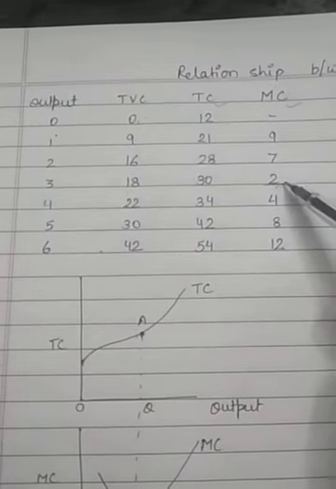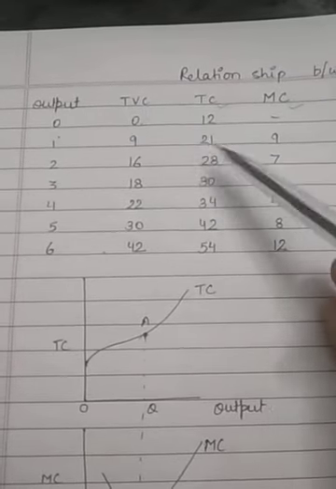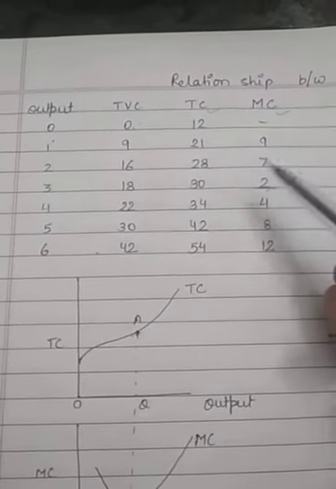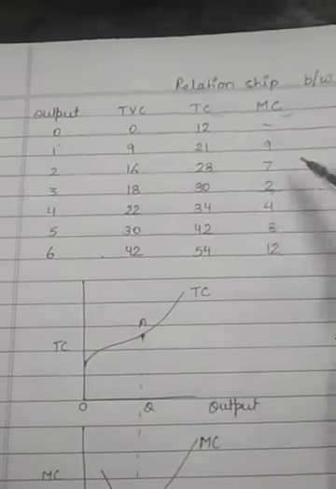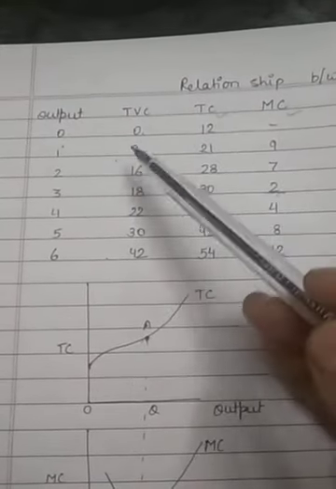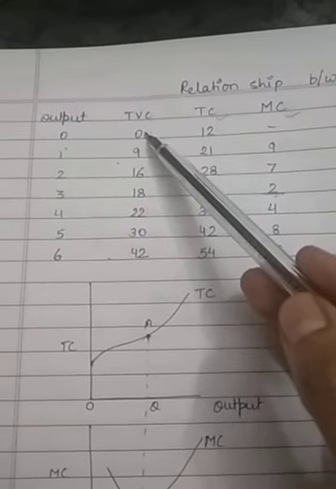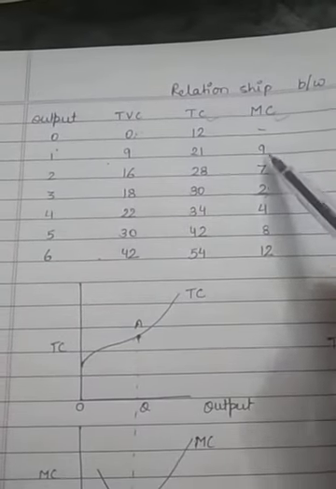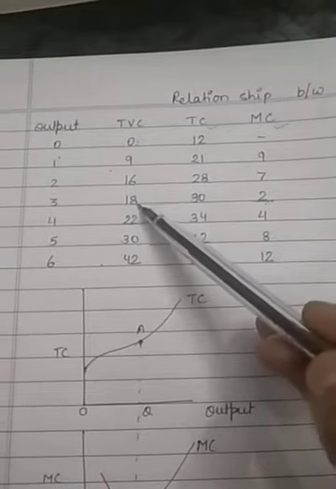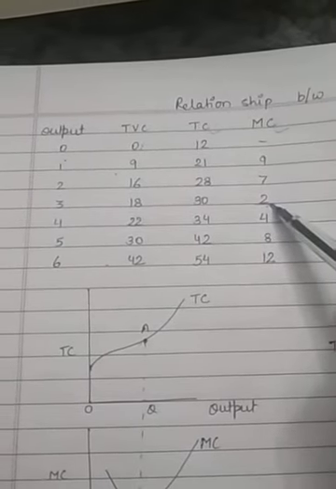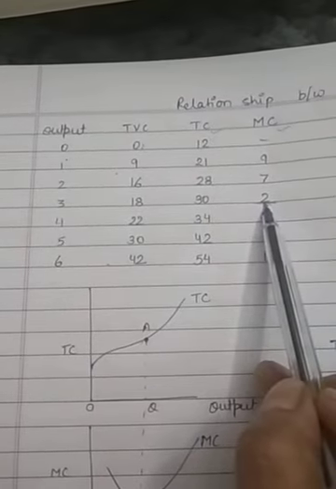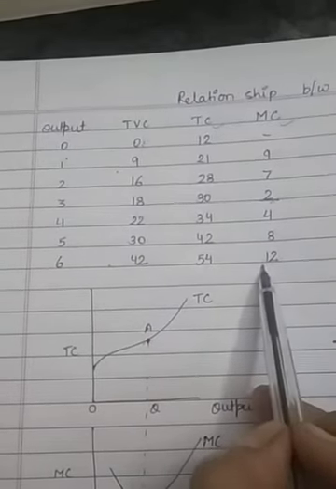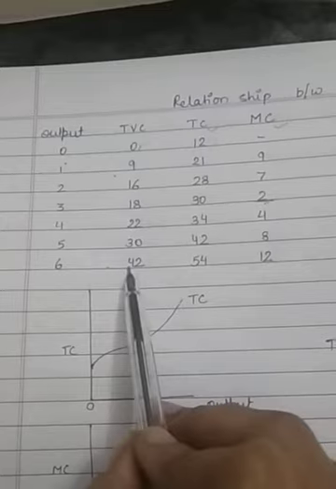MC is the change in the TVC because MC is affected by one additional unit of the variable factor. So if the variable factor is higher, total variable cost increases. Now the TVC and MC relationship you can also see. First of all, TVC starts from 0 because output is 0. After that TVC starts increasing but MC is decreasing. That means TVC increases at the diminishing rate till the output of 3 units, where MC reaches its minimum point. After that TVC rises, but MC also rises. That means as MC rises, TVC increases at the increasing rate.